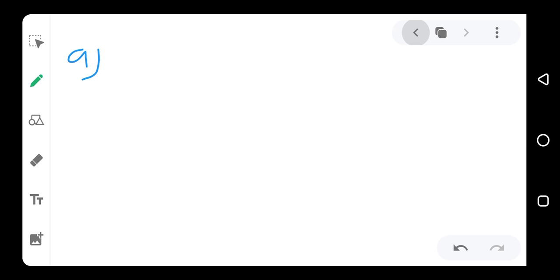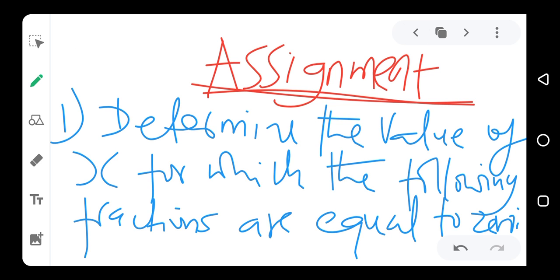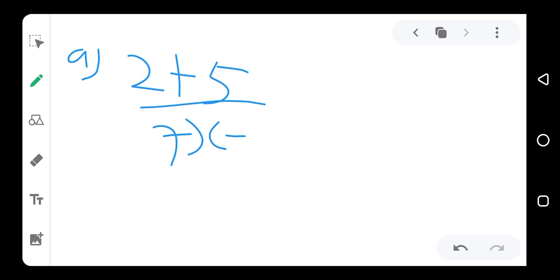So you are going to look for the value of x for which the following fractions are equal to 0. Number 1, number 2,